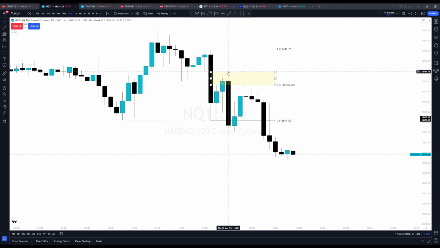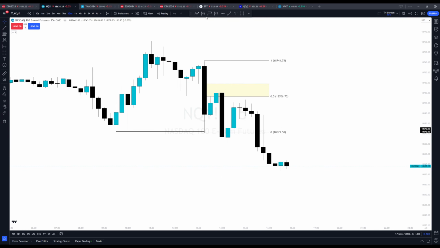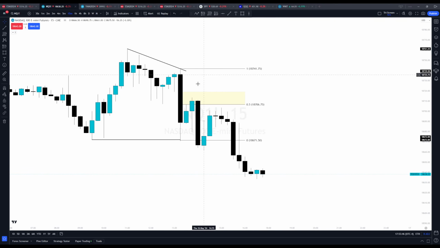But if we close over this 15-minute, then I know we're most likely going to run this nice little LRLR here, or downtrend, bull flag, whatever you want to call it. But you see, we don't. We end up rejecting it above 50% for shorts, and then right back down to the swing lows. But basically, to answer your question simply, I'm drawing it on every single time frame, always looking at 50%.